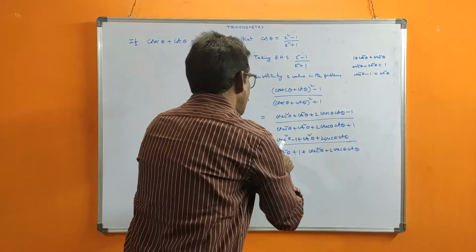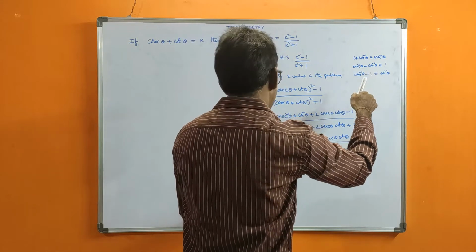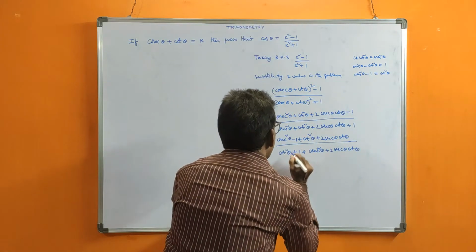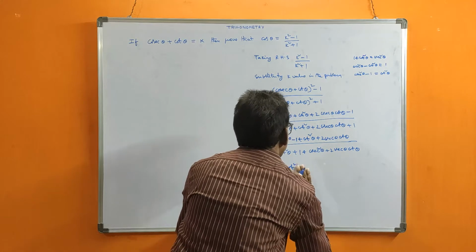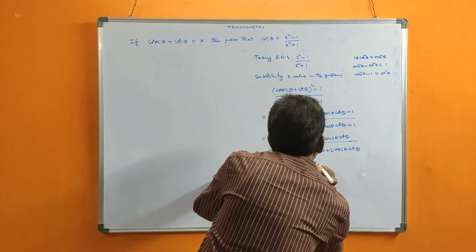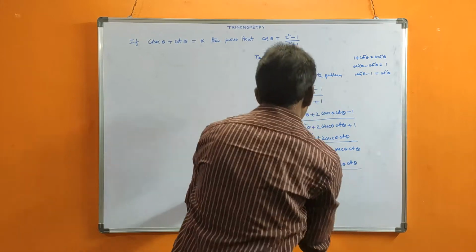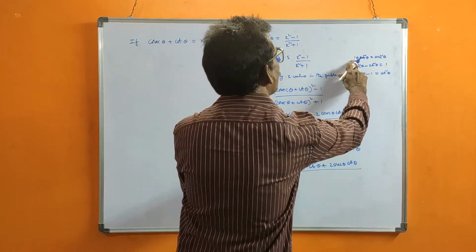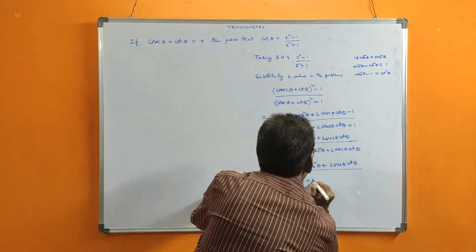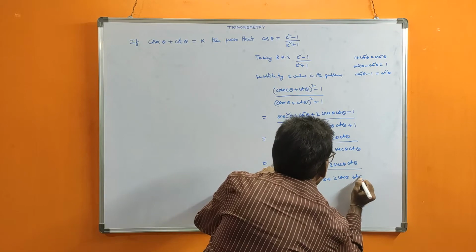Okay, now see, directly we can apply the formula without confusion. Cosecant square theta minus 1 is cot square theta. Instead of this we can write cot square theta, plus the remaining as it is: cot square theta plus 2 cosecant theta cot theta, all by first cot square theta plus 1, plus cot square theta, cosecant square theta, instead of this cosecant square theta, plus 2 cosecant theta cot theta.